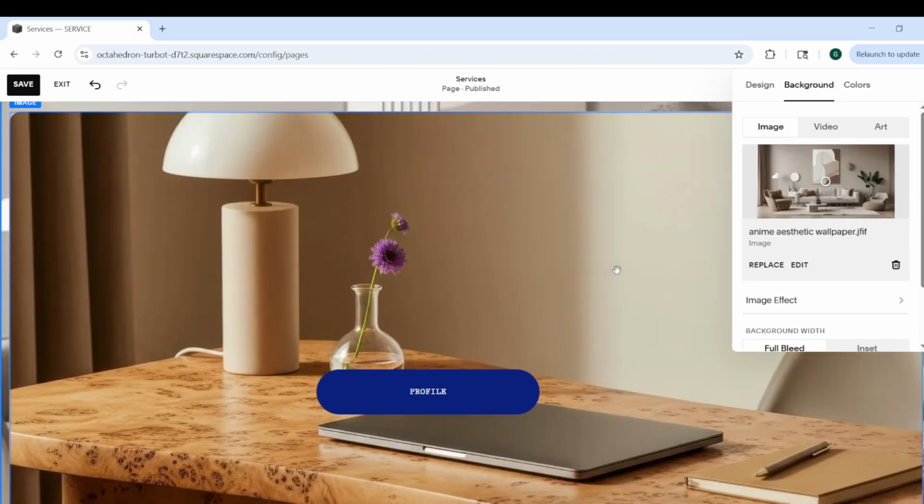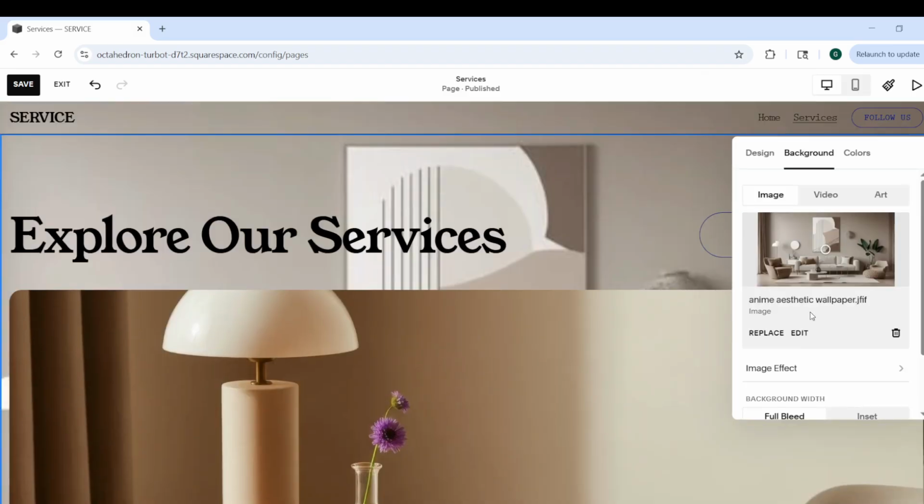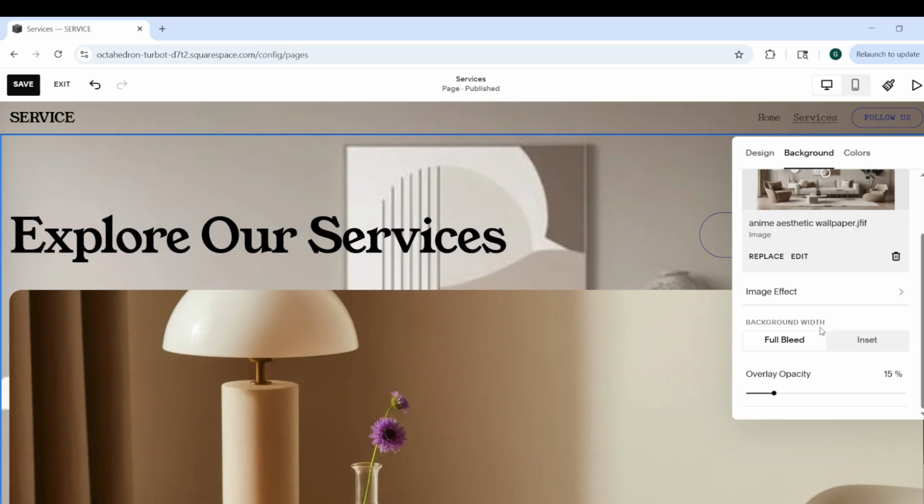After your image has been added, take a moment to adjust the opacity slider. This setting controls how strongly the image appears against the background color. Lower opacity can create a softer, more subtle effect, while higher opacity makes the image stand out more. This is especially useful if you want to keep text readable on top of the image while still adding visual